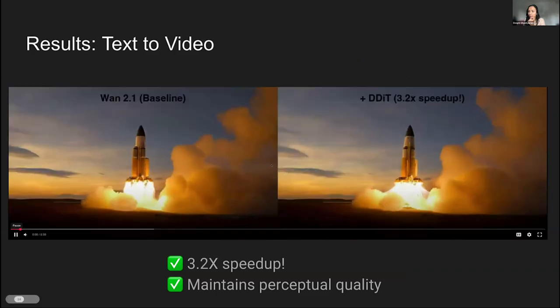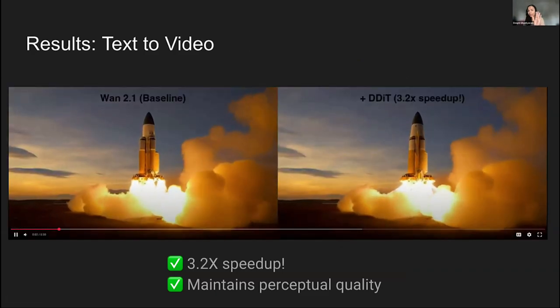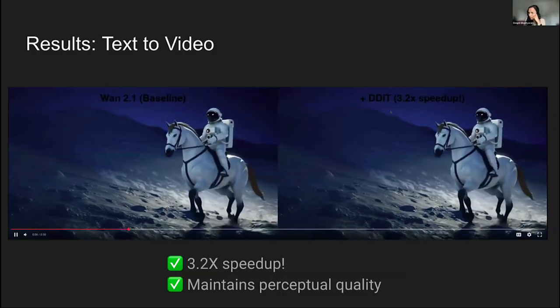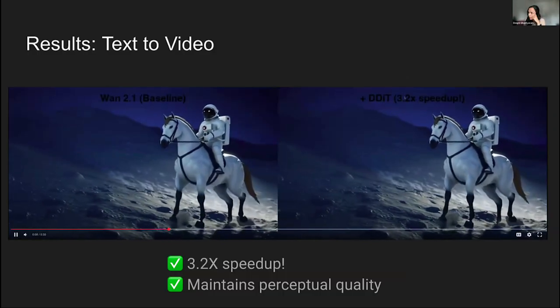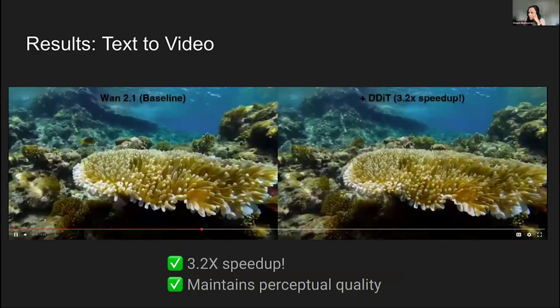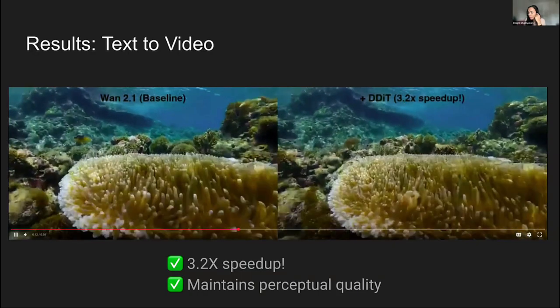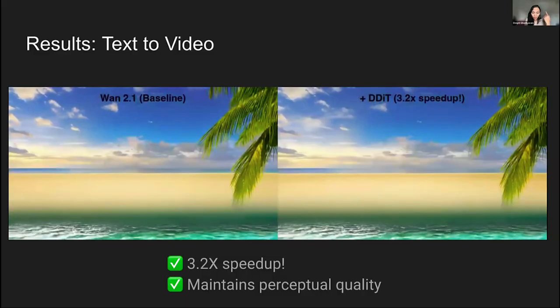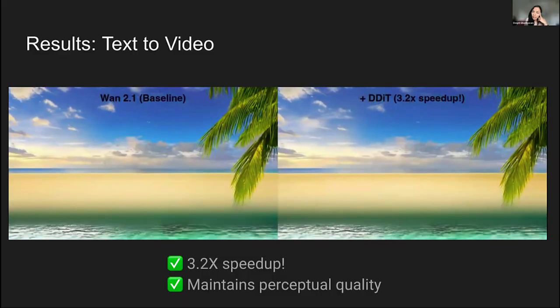So this is when we applied our method to a video model. On the left is Wan 2.1, our baseline, and on the right is DDIT with a 3.2x speed up. We did human studies, we did SSIM, CLIP, and all of the quantitative evaluations.